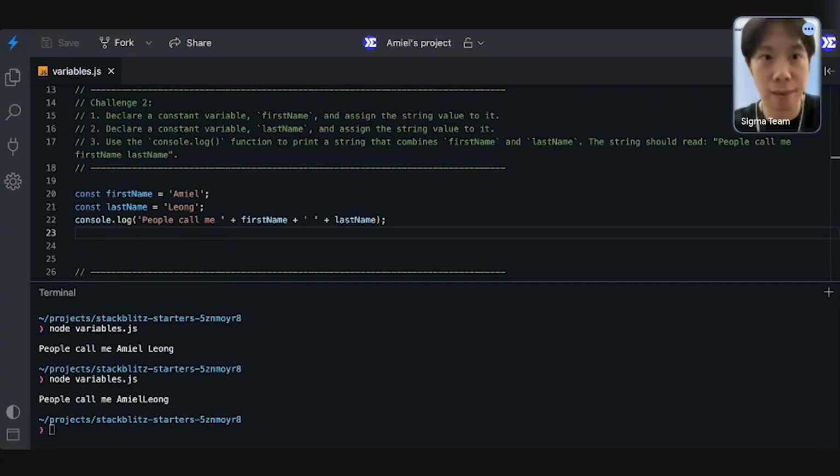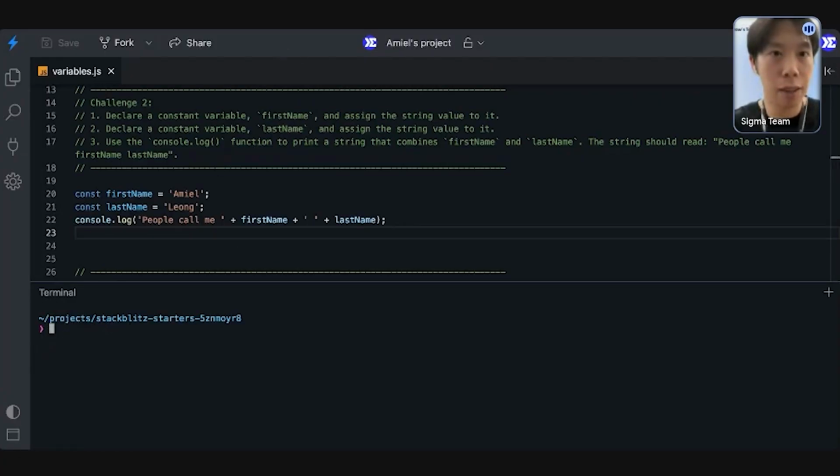So these are the challenges so far. Now we're going on to the next topic. So everyone understands, quick recap: a const variable means a variable that you can't change. A let variable is mutable, so you can change it later on. And console.log is basically a function that tells the code editor to print to the terminal, right? Let me go ahead and clear this.